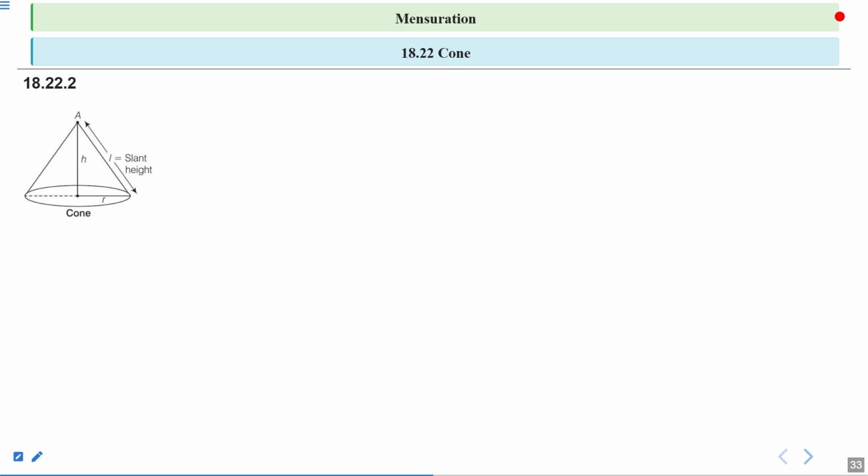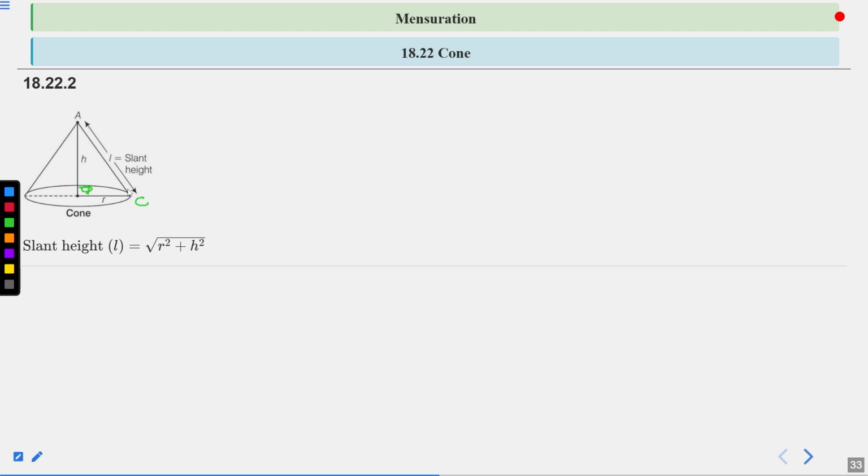So this is the diagram of the cone, and the slant height we can calculate by using the formula L equals under root r square plus h square. And how do we get this r square plus h square? If we take this point O, then we can calculate by using the Pythagoras theorem. If this is O, A, B, and we let it as C, so AOC is a right angle triangle, and by using the right angle triangle formula, Pythagoras theorem, we can calculate L, which is under root r square plus h square, because it represents the hypotenuse. So perpendicular square plus base square in under root form. So we get the slant height L.